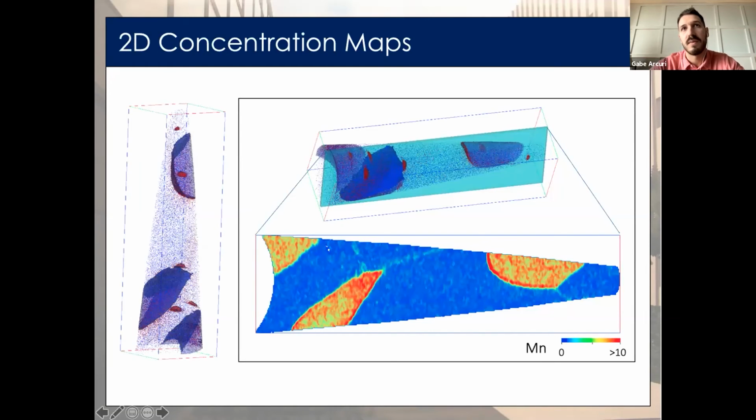A final way that we can quantify variations in local composition is by a 2D concentration map. These maps show the distribution of selected ions in a plane perpendicular to the analysis direction of the ROI from which it's created. The contour map is calculated by dividing the region of interest into a 2D grid of blocks in the lateral XY plane.